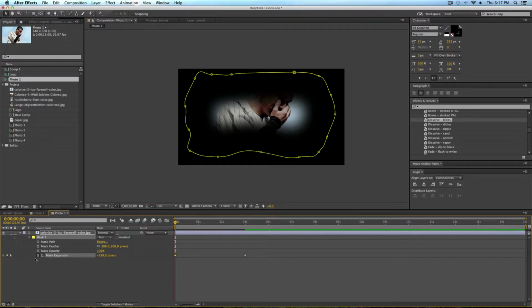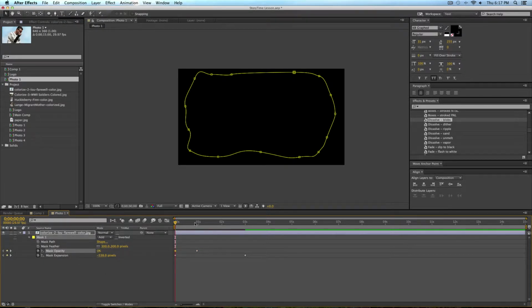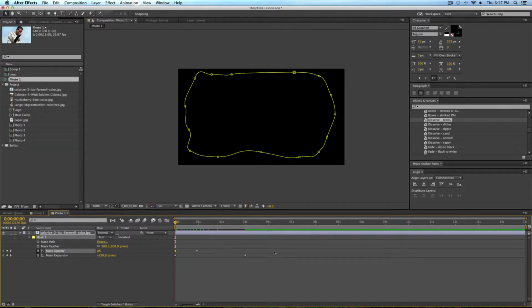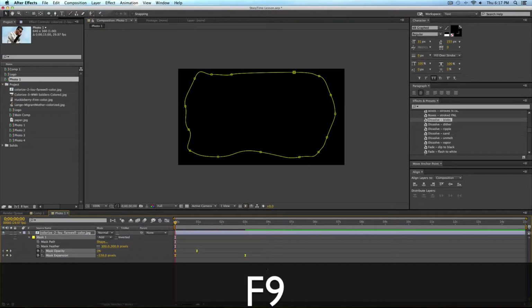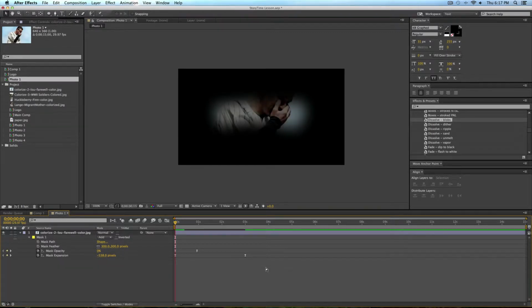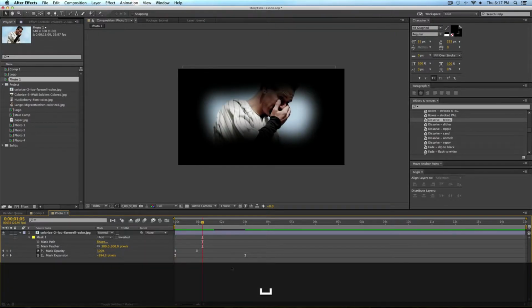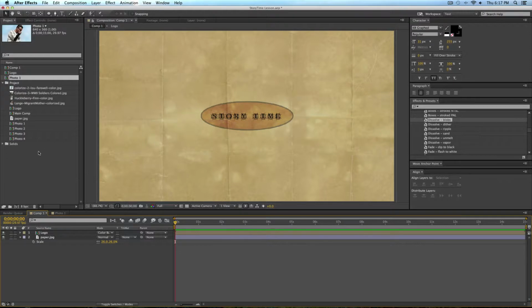And then we're going to create an opacity fade to make sure that this fades on properly. So I set a keyframe there at 100. I'm just going to drag it to about 1 second and then drag the opacity down to 0. So now we have it fading on and expanding at the same time. I can select these and ease them, and it kind of fades on. Okay, so then back in your main comp, you're going to take this photo and drag it